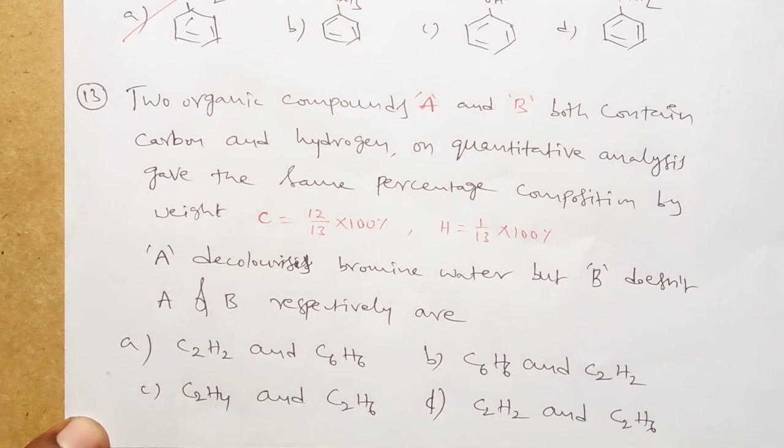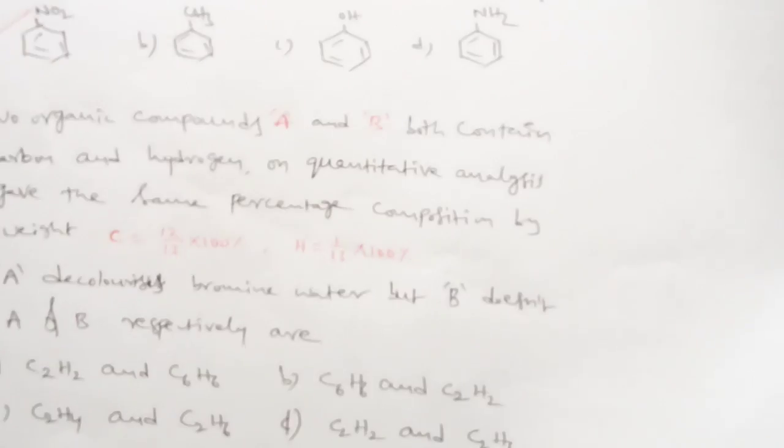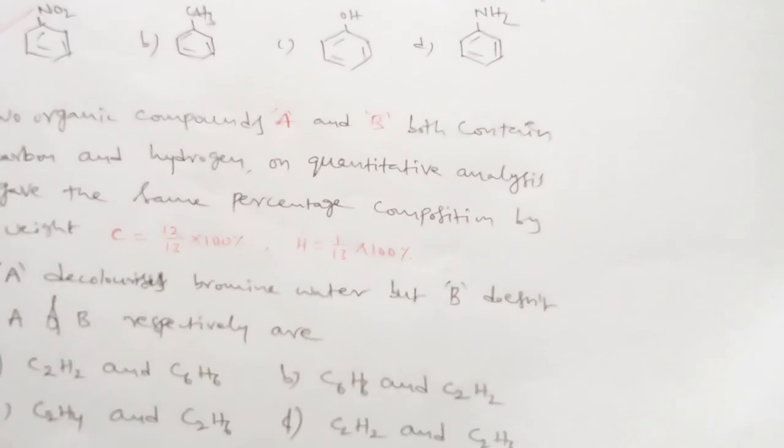So there are 2 organic compounds, compound A and compound B, and we don't know exactly what they are. Both contain the same carbon and hydrogen only, and their percentage is also the same. Of these, one compound decolorizes the bromine water and the other does not. So what are those compounds, they asked. First of all, as per the given percentage, identify the empirical formula. So this is a fusion concept, hydrocarbons with basic concepts in chemistry.